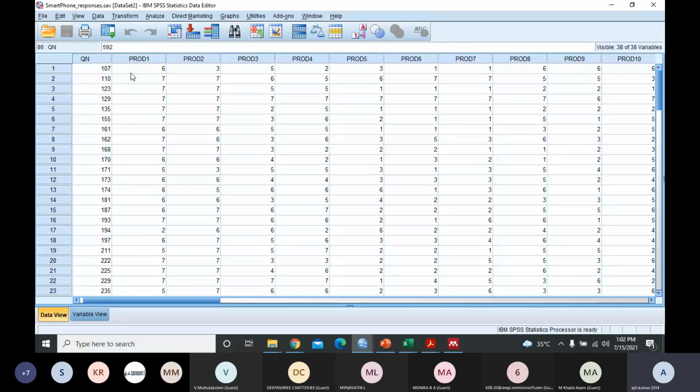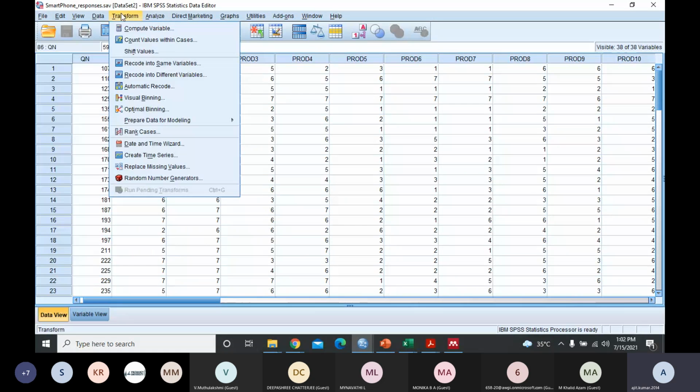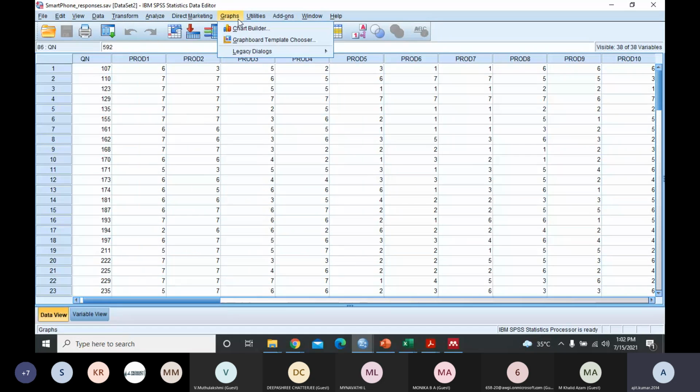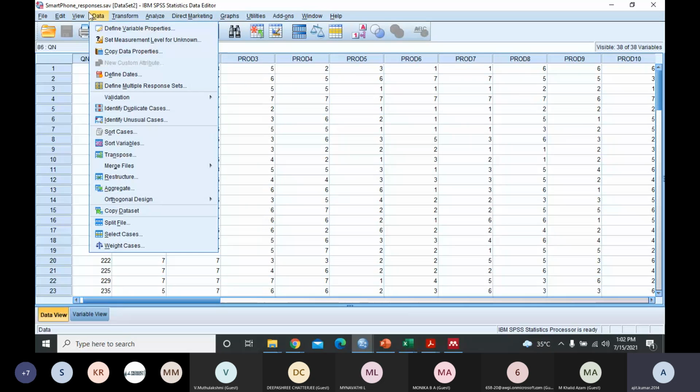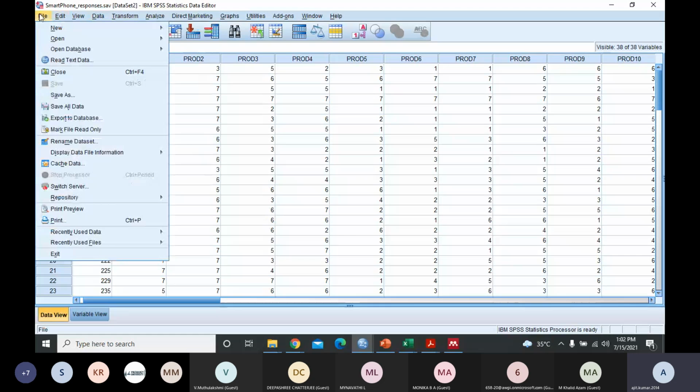Then we are supposed to use SPSS for conjoint analysis. For conjoint analysis, we'll go to file. If you see all these options, transform, analyze, you will not find conjoint anywhere. So this is not click and play. Instead, we need to go here, new, and click on syntax.